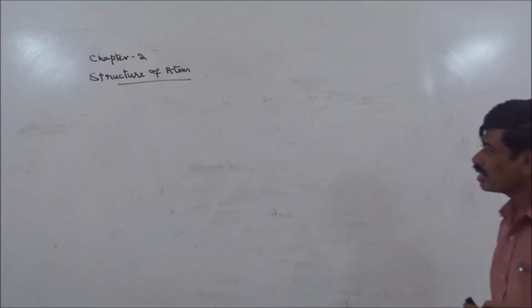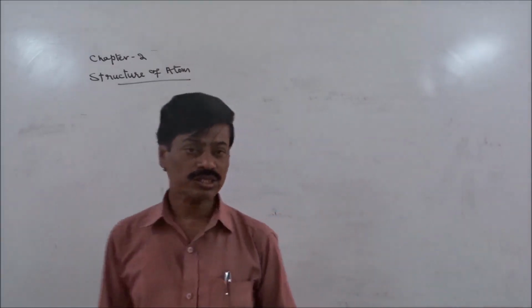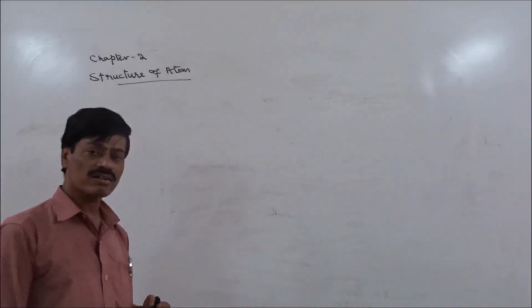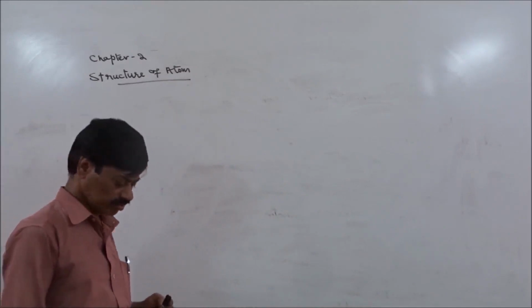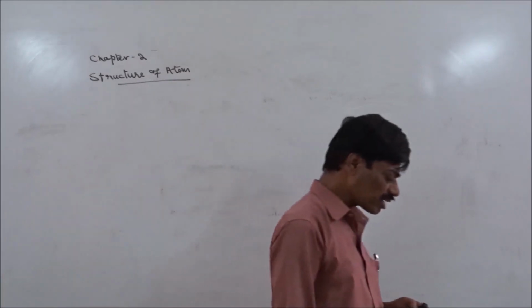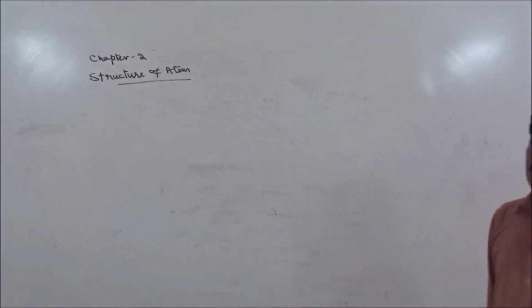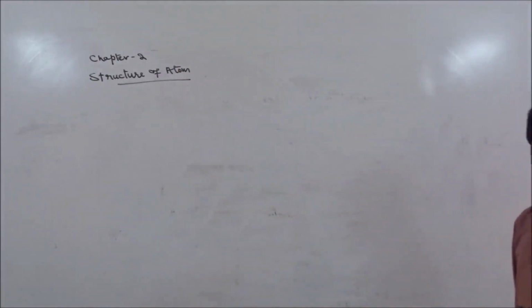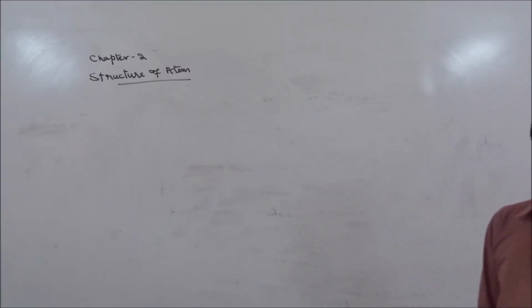So that gives more weight to the entire central part of the atom when compared to the electrons which are revolving around the nucleus. Here electrons are also particles, but the mass of an electron when compared to a proton is almost 2000 times less. That means when 2000 electrons are brought close to each other, that group of electrons' weight is equal to the weight of one proton.